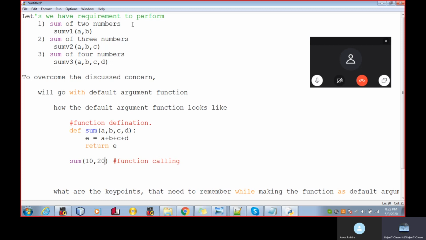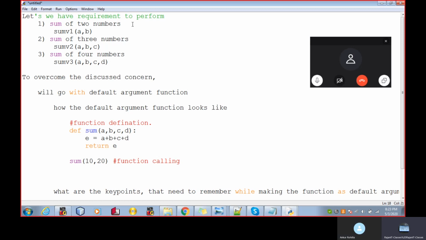Please pass the value to C and please pass the value to D, because your function definition is accepting how many parameters? Four parameters. And at the time of the function calling, you have passed just two values. Two parameters, right? Did you get my point? But as I said, the minimal requirement to perform the sum function is to pass only two numbers.